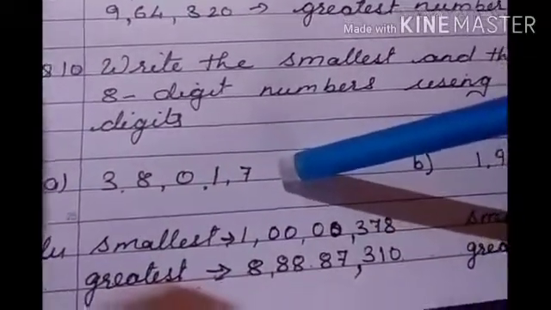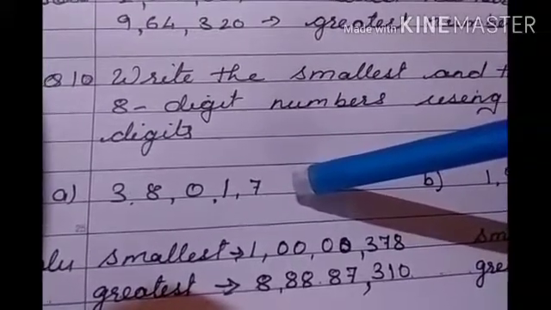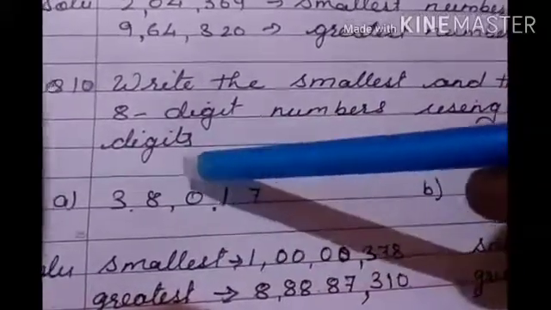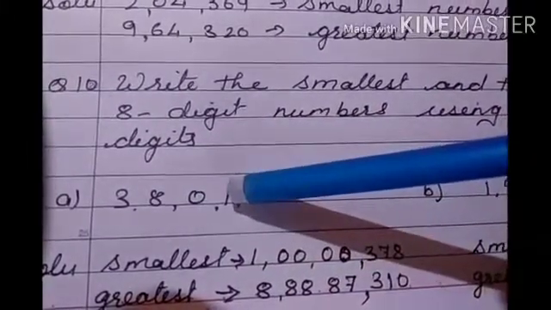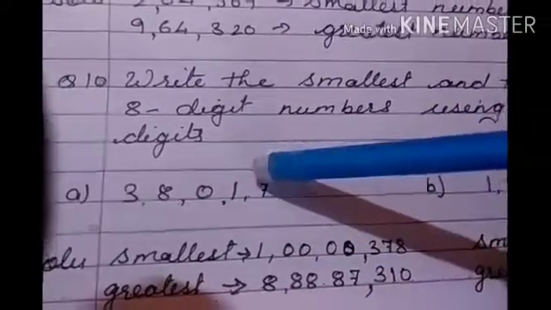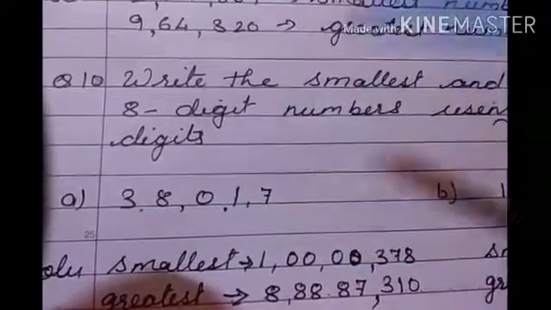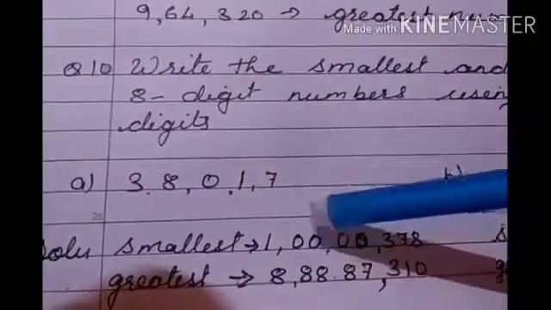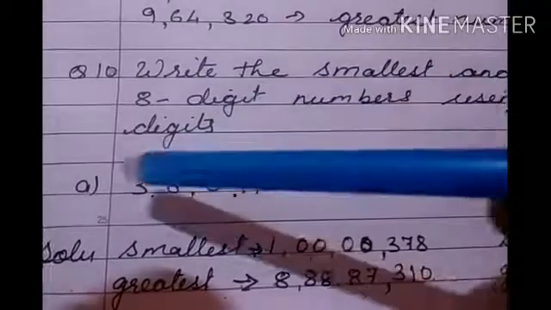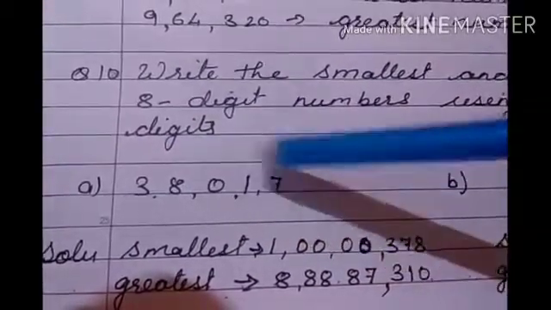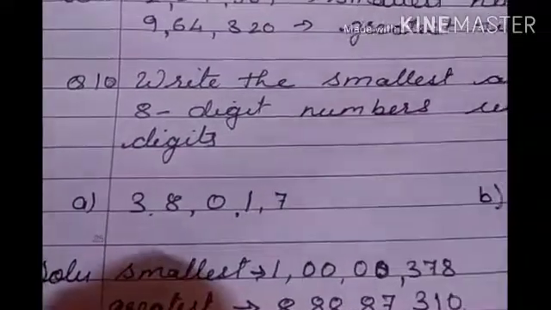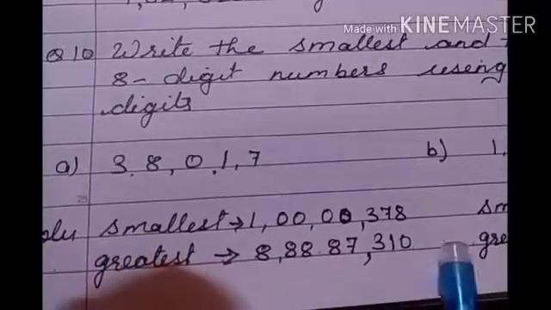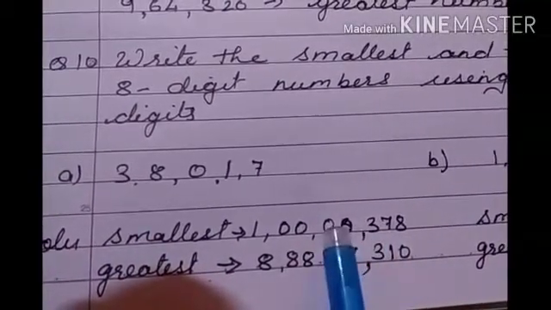Actually there are 5, so we need 3 more digits to make it 8 digits. So I am going to use the 0. 0 is the smallest here, so we use it more times. Okay, so 1 should be written first, leaving this 0 because it is the smallest one. Then after 1, 0 I have used 4 times. Then 3, 7 and 8 according to the arrangement. 3 is smaller than 7 and 7 is smaller than 8. So it will be 8 digits. Shall we check? 1 2 3 4 5 6 7 8.